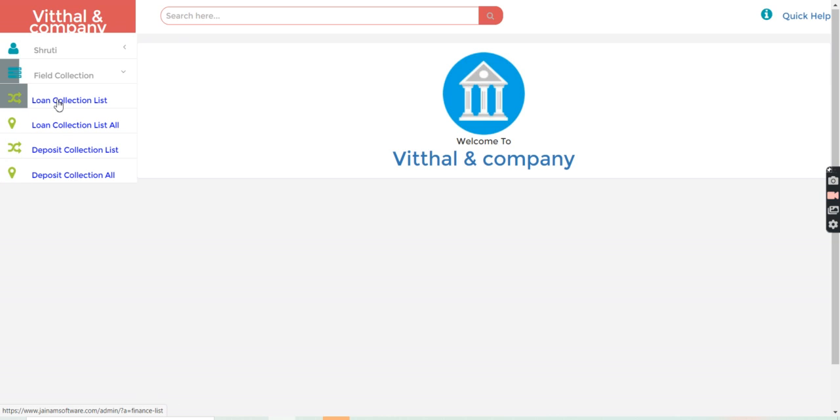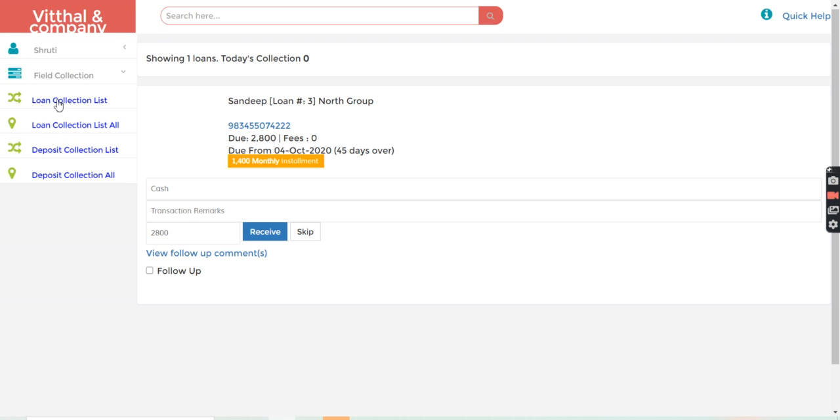If I go to the loan collection list, here you can see Sandeep, for whom I created a backdated loan. So the due amount is 2800. From here the staff can receive this amount.